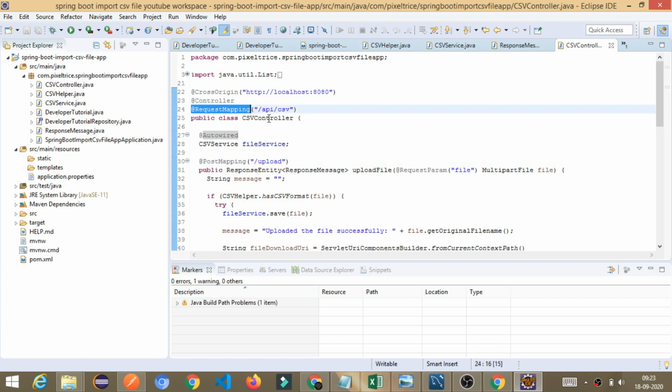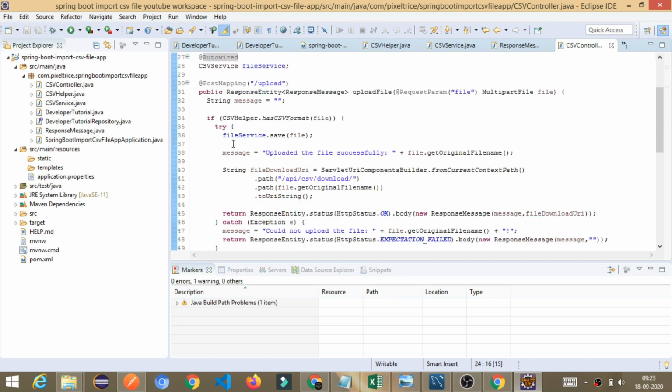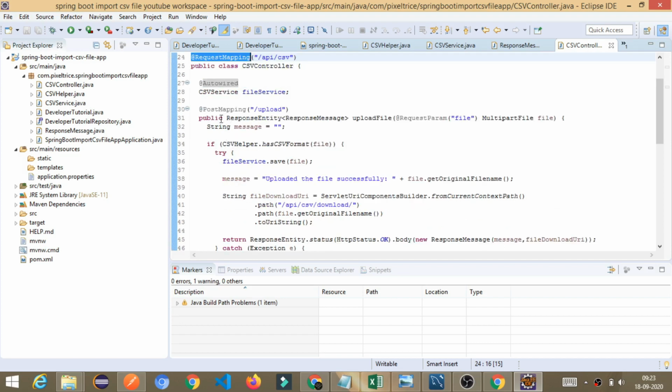Now we have defined the CSV controller class, and see, the very first method or API we have is upload. This is for uploading the file, the file data from the CSV to the MySQL database. The very first thing it will check is whether it has the CSV format or not. If it is CSV format, then it finally calls the save method. Save method is defined in